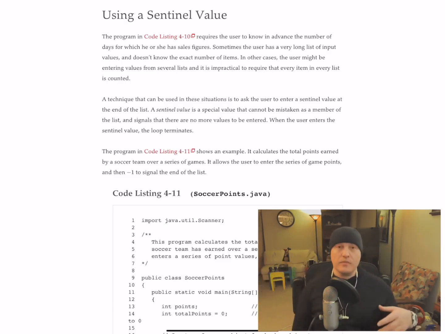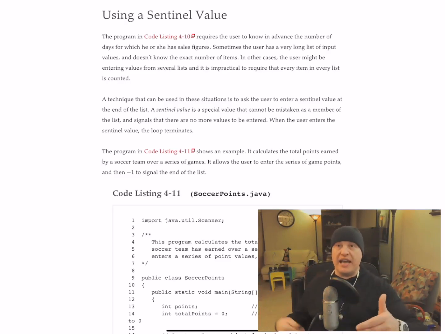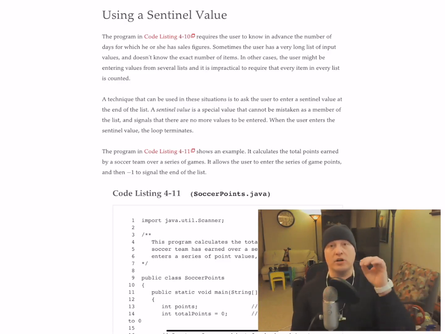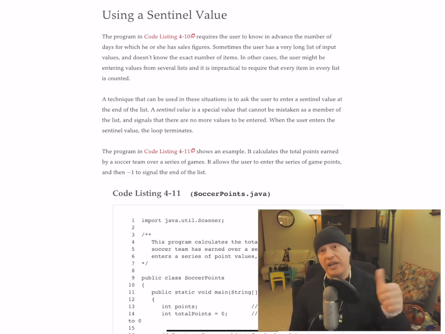So think about what would you input as a way to get out of a loop. So if we are taking names for a class, to go all the way back to the first example we had, we are inputting names for a class. Quit is a good one because probably no one has the name Quit, right? -1 is even better because I can assure you that nobody has the name of -1. I can assure you that -1 is very, very difficult to be able to input by accident on the keypad,